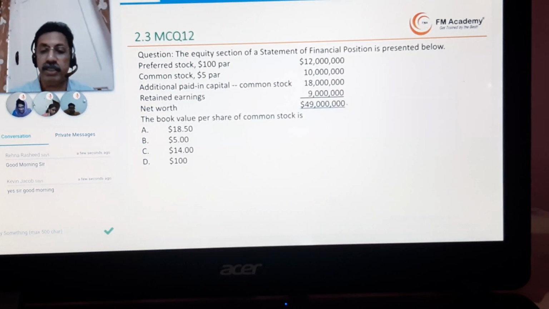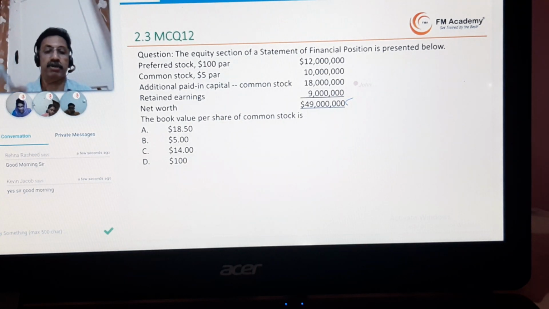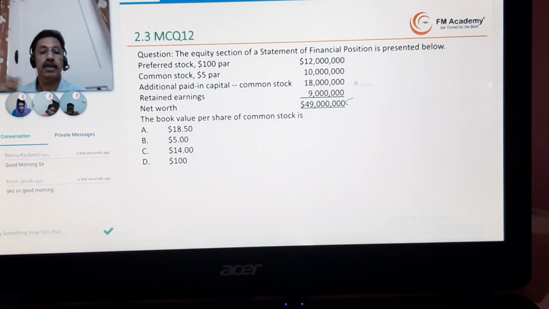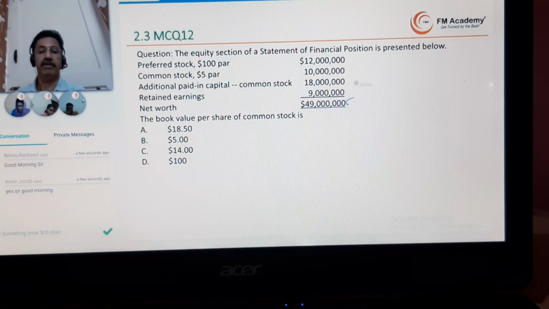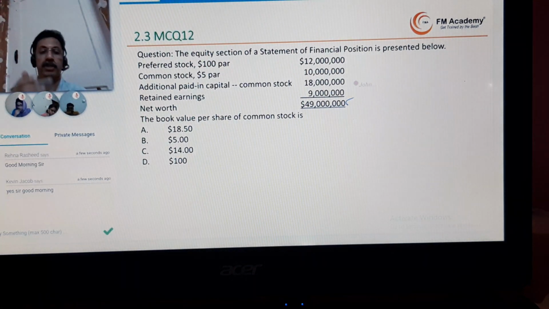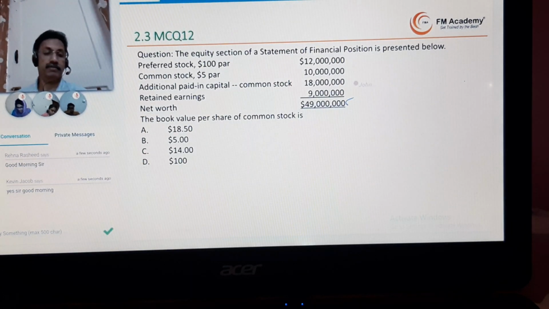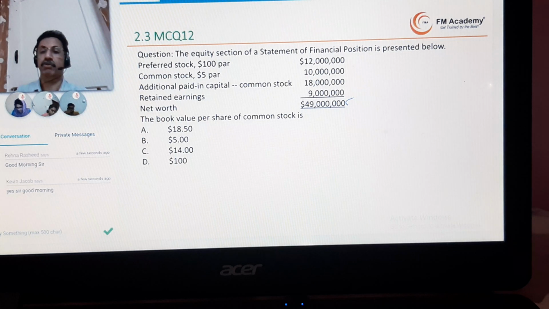Here the net worth is given, and there is no mention of arrears, preferred dividend in arrear. There is no mention that the preferred stock will be redeemed at a premium. So you just simply reduce the preferred stock and divide by the number of shares. You can compute the number of shares when you divide the par value by the face value per share. Do that and give your answer